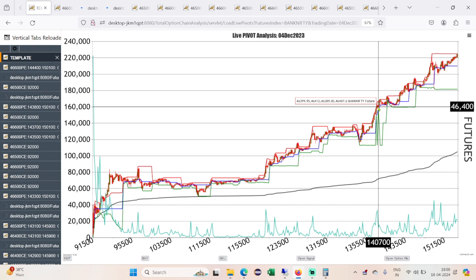But let me explain to you, I have spent almost more than 5 years in this market. I've lost around 4 or 5 lakhs till date. I've given so much fees to the market. I've studied so much,